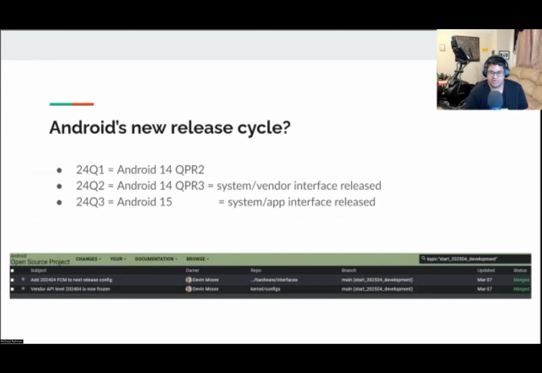One thing to note is that under the Trunk Stable project, the system vendor interface is released at Q2, whereas the system app interface is released at Q3. In other words, at Q2, the APIs which will be added to the system SDK at Q3 are not yet available. Since the system vendor interface, which is frozen at Q2, is what the modules in the vendor partition will be building against, they can't and shouldn't use those new APIs that will be added in the future. This is because using those APIs is risky because there's a chance that those APIs get removed or changed between Q2 and Q3. So for example, 2024 Q2 is technically still considered Android 14, not Android 15.